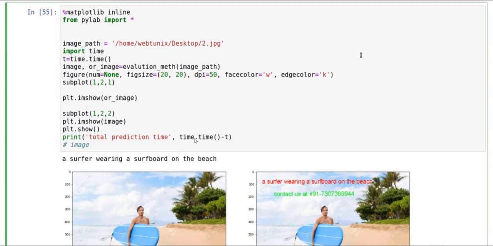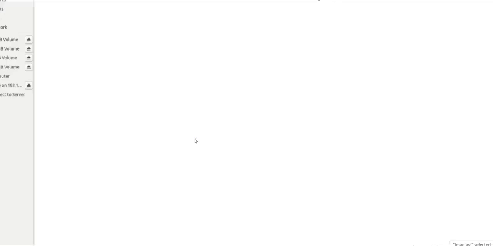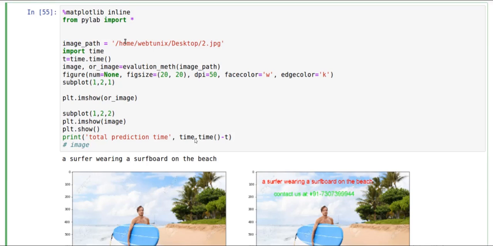I'll choose one of the images from the internet. I have already downloaded one image from the internet, and then I'll show you how my pre-trained model is able to understand the inside of the image and how we are moving further close to human vision perception, that the computer is able to understand the inside meaning, just like when we see something and understand the interpretation corresponding to our eyes. Okay guys, so I'm moving forward.